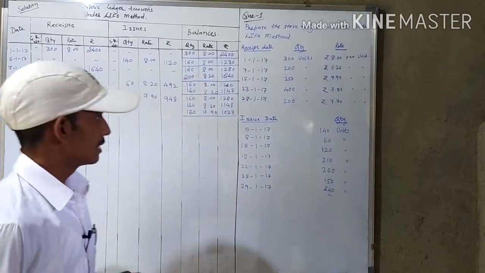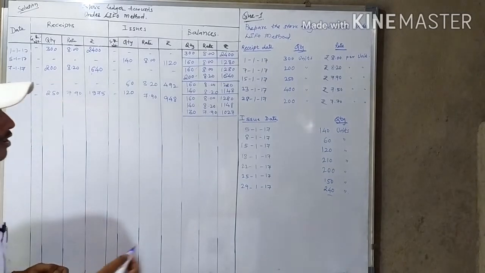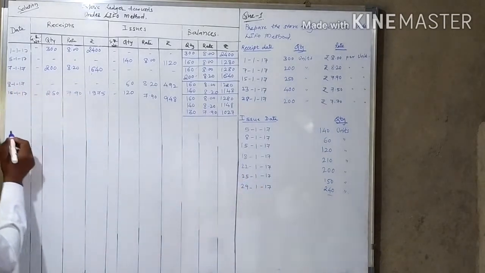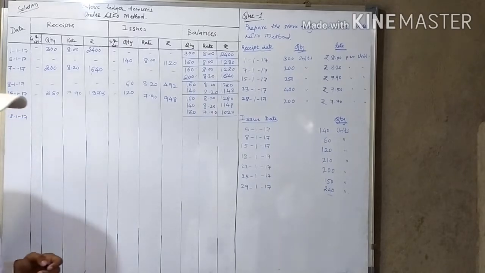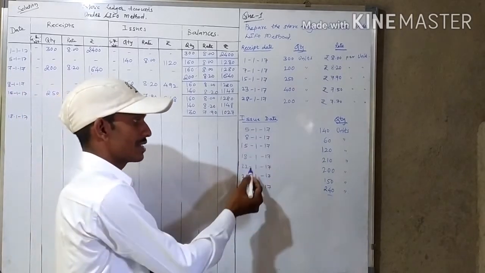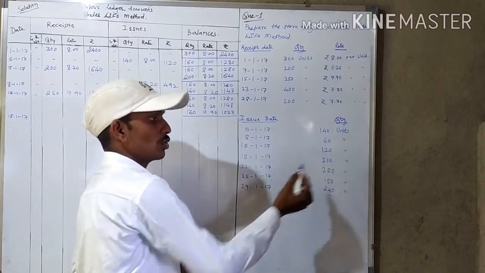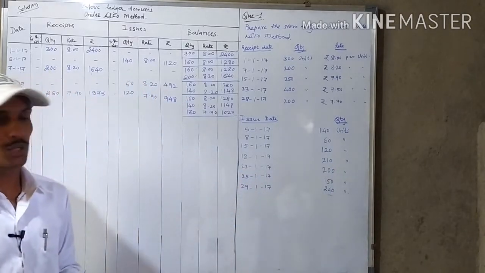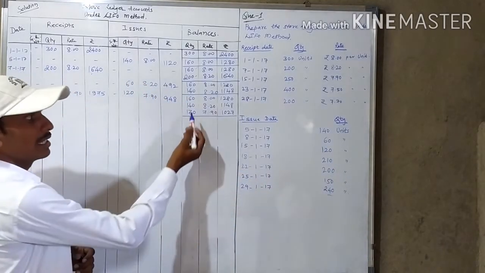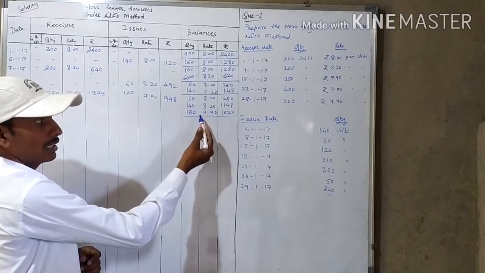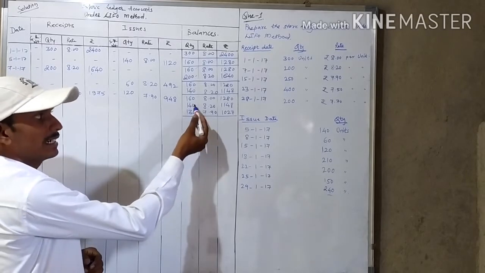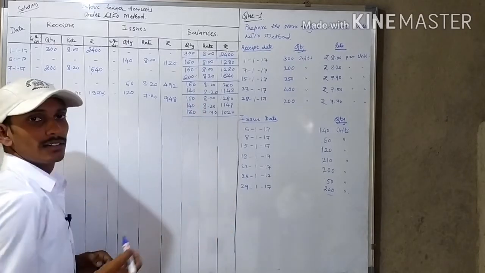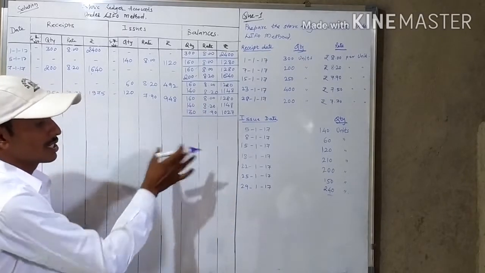Then next we'll see the next transaction is on 18th. So I will write here 18/1/2017. What kind of transaction is it? Issue has taken place. How much is it? 210 quantity issued. So how many lots are available in the godown? 160, 140, 130. Which is purchased last? 130. After that 140, and after that 160. Okay, this is how the sequence is.